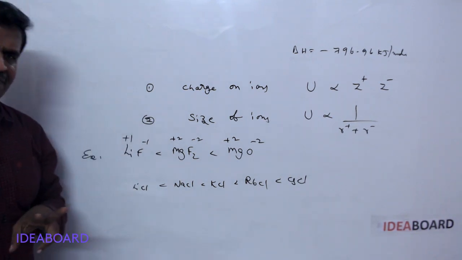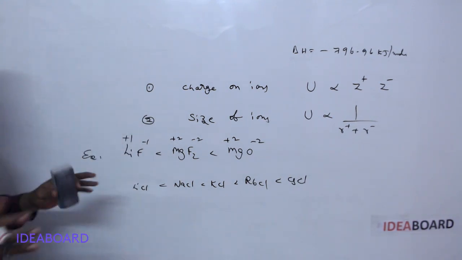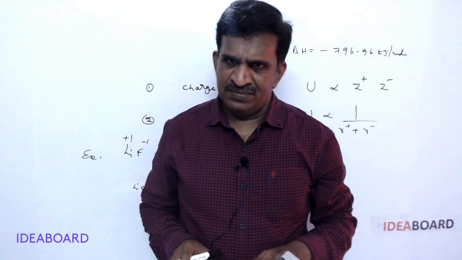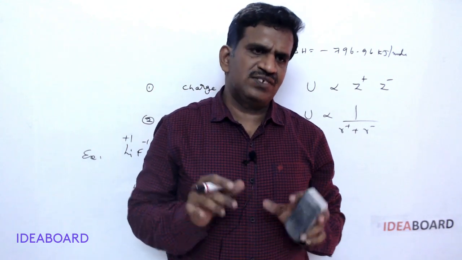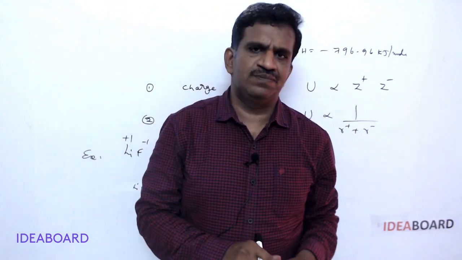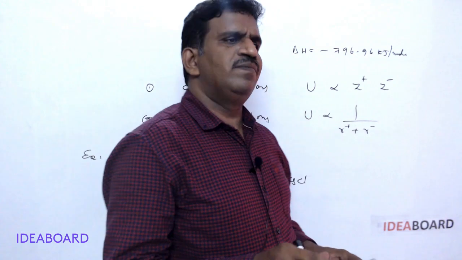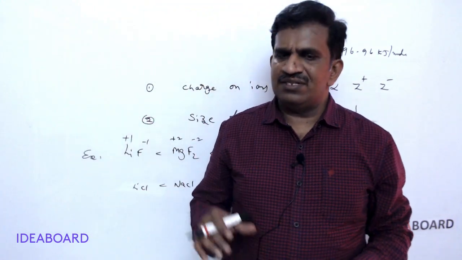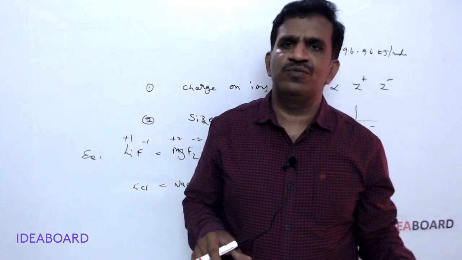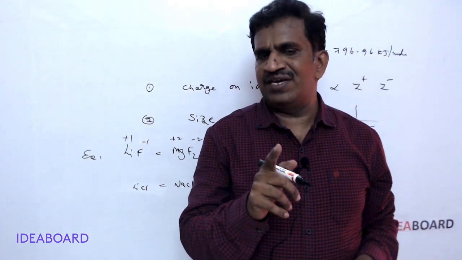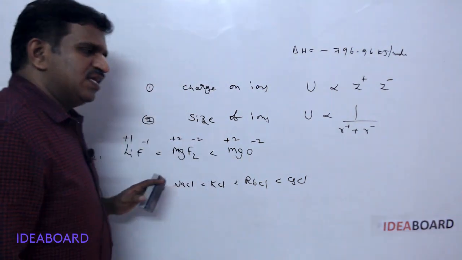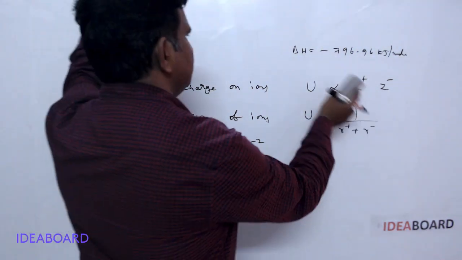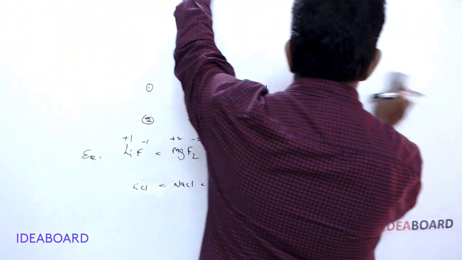And one more important point, remember: bigger cations stabilize bigger anions. In first group or second group elements we will explain, superoxides are formed by rubidium, potassium, cesium only, because the bigger cation stabilizes the bigger superoxide ion. Same thing we can apply here. Bigger cations always stabilize bigger anions. Okay, that is an exception case of crystal lattice energy.